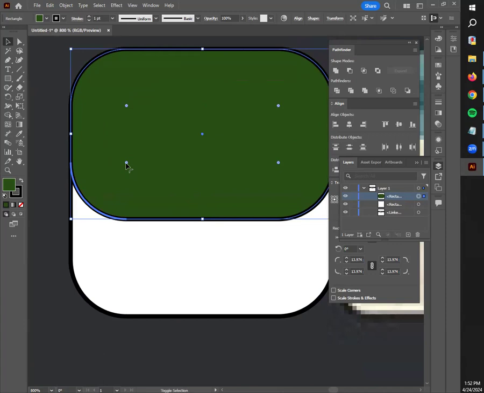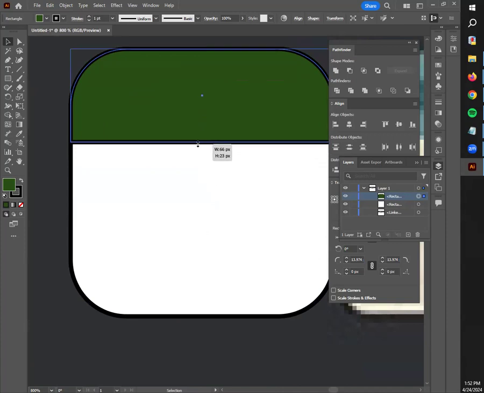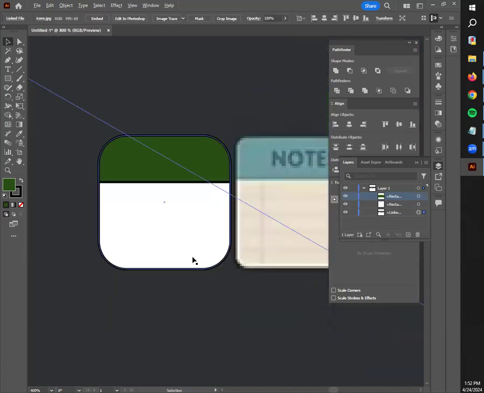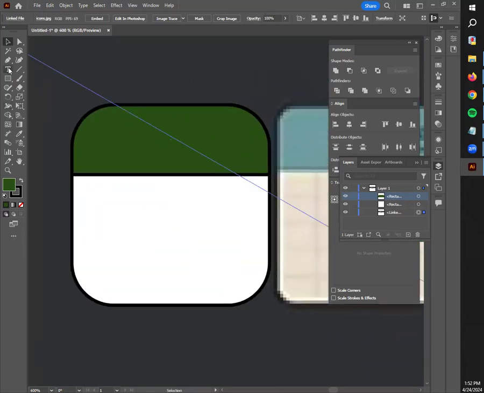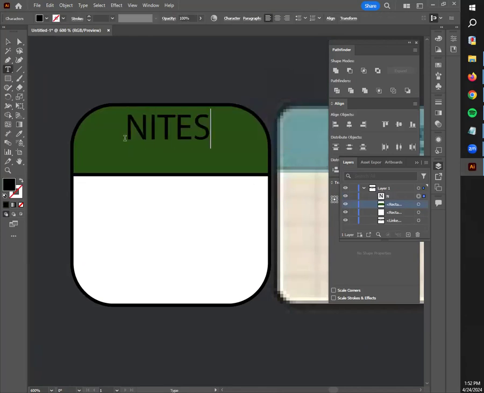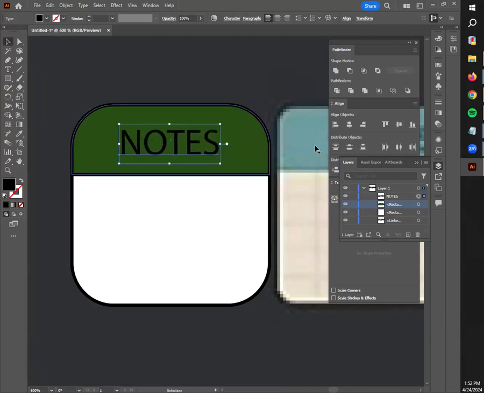If you hold Shift and click on the bottom 2, you can unround them so that it affects both corners like this. Now we can resize it, make it a little bit smaller, and it's going to maintain that binding just like it does on the example here. Okay, we'll take a little bit of text, write the word notes. Okay. And now the reason that I have the align panel out is because this is great if it